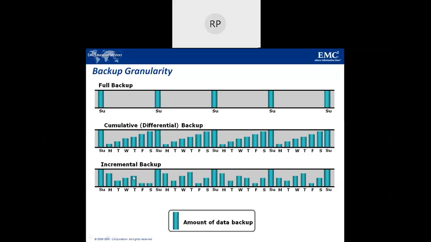And in incremental backup, we are just going to take the backup of the same day only. We're going to take the backup of the same day and add it to the previous backup. This is called incremental backup, which is similar to your cumulative backup. The only difference is that you are going to take a backup and add it to the previous one, but here you are going to save only the previous day's backup. This is incremental backup.